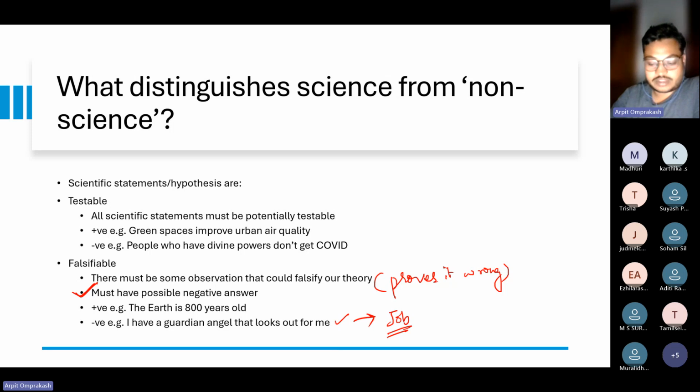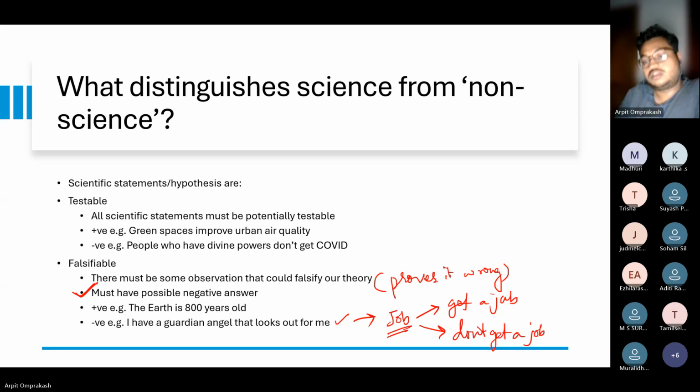Now, if we get the job, we are happy because we feel that our idea is positively reinforced, that our guardian angel exists. Right. That's why we got a job, because of them. Now, the second thing that can happen is you don't get a job. Right. So the first thing is you get a job. The second thing is you don't get a job. So in the first case, you are like, yes, happy, your guardian angel exists, right? In the second case,